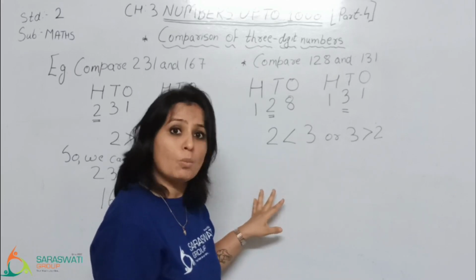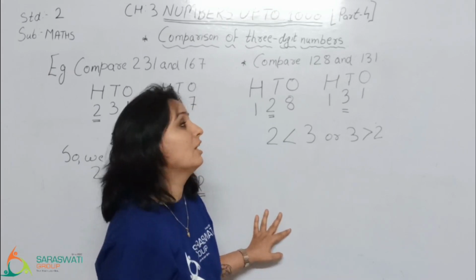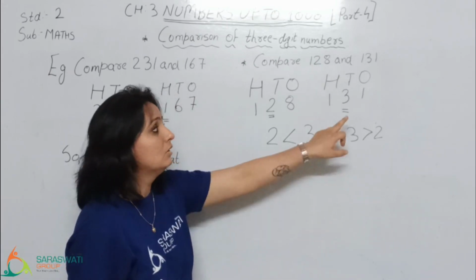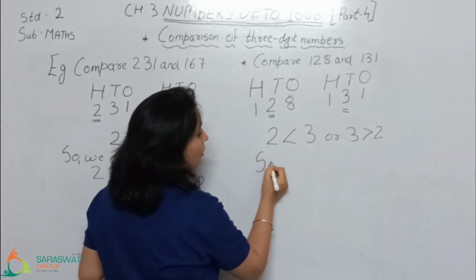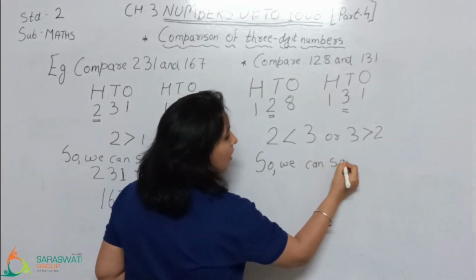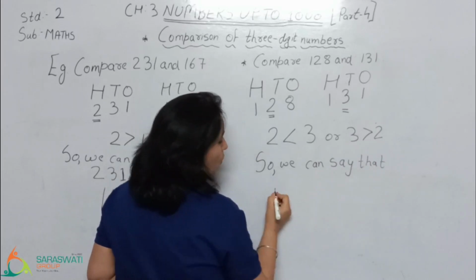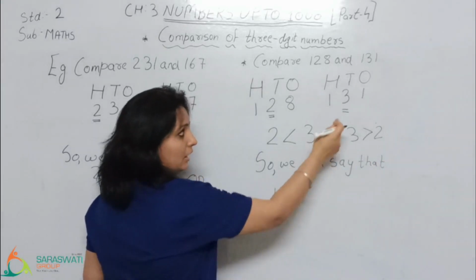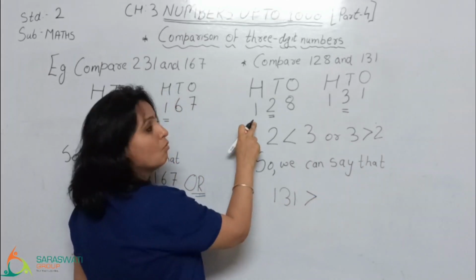तो टेंस पे जो बड़ा नंबर मिला वही नंबर बड़ा हुआ। तो टेंस पे कौन सा नंबर बड़ा मिला? 3 वाला। तो हम लोग क्या लिखेंगे? So we can say that 131, ये वाला बड़ा है तो ग्रेटर हुआ, is greater than